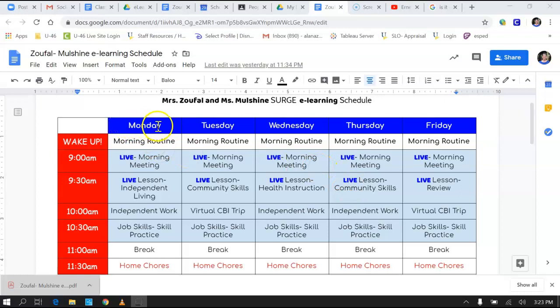The schedule is for Monday, Tuesday, Wednesday, Thursday, and Friday. First thing is waking up just like you do for school every morning. Wake up and do your morning routine. That means if you usually shower in the morning, have your shower done, your hair done, brush your teeth, wash your face, make sure you get a good breakfast. We'll go through that in more detail in a few minutes, but that's the very first thing you're going to do, your normal wake up morning routine for school. You just probably could wake up a little bit later, which is really nice because you don't have to get on the bus.